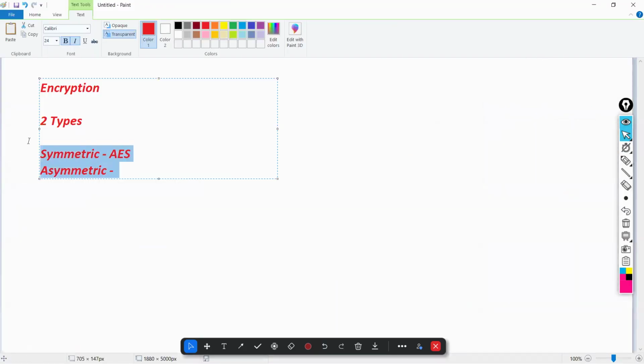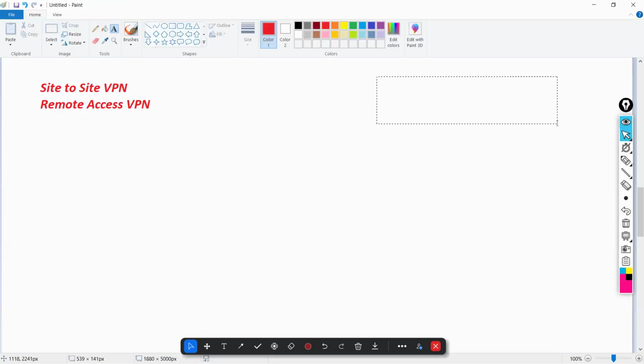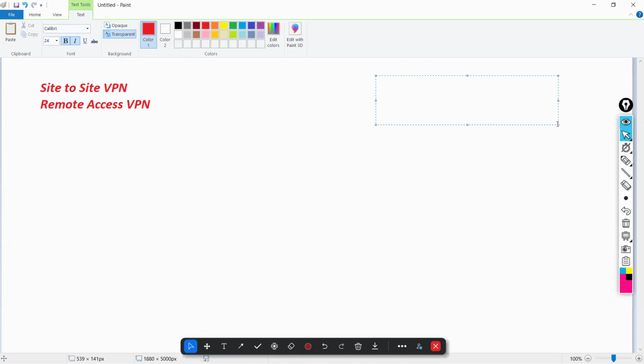Okay. Now let's talk about the topics. If we talk about types of VPN, according to organization perspective, we have two types. One is site-to-site VPN, and second one is remote access VPN. These are the two types we will discuss, and we also have two categories, that is